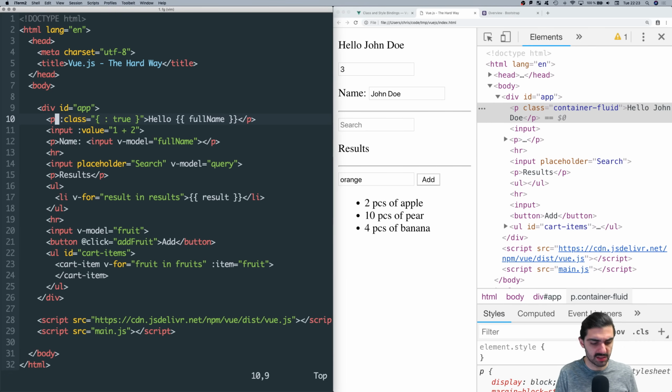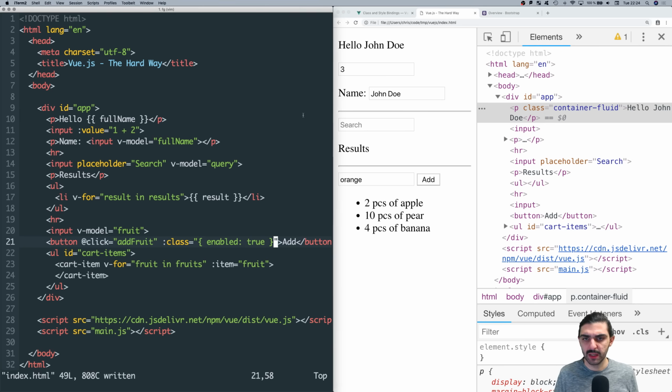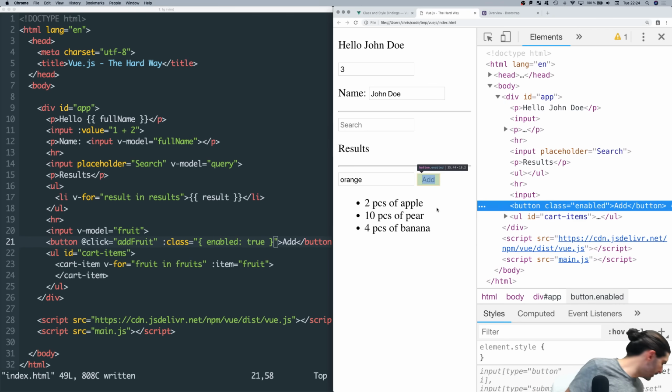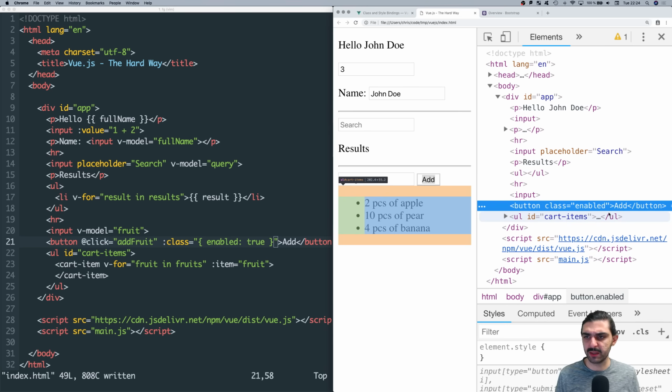Let's just do something that's a bit more sensible. What do we have? We have a button which is add. So maybe we put a condition on that. So we bind to class, and then let's say enabled, as an object, sorry, and then the key enabled, and then let's say true. Okay, cool, right? Then the button here, if we inspect the button, you can see